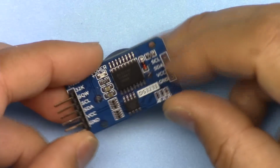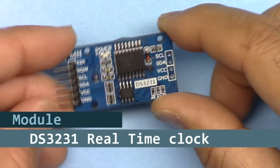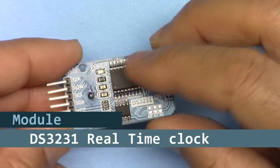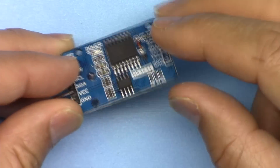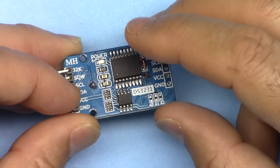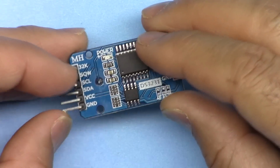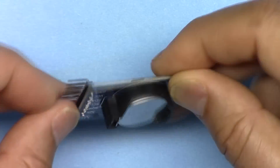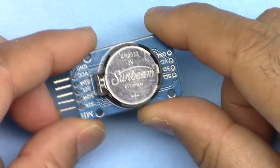This is a module based on DS3231 from Maxim Integrated. It is a clock module. They call it real time because as soon as you power it up, the clock will start running. You can set the time, date, month, year, second, full calendar. And when the power is running, this runs. But when the power shuts off, if you have provided this battery, the battery is